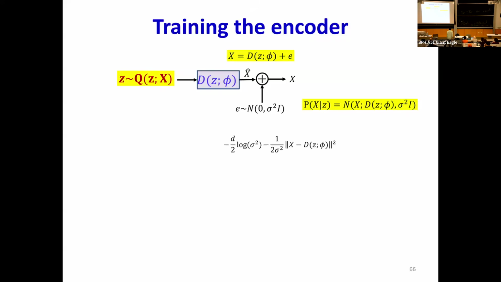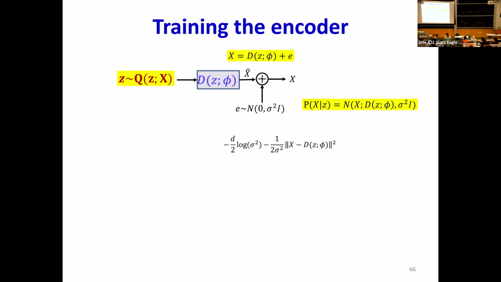So the distribution of x given z, you're just adding the noise e to x hat. If e is a Gaussian, this is just a Gaussian whose mean is at x hat and the variance is sigma squared I, right?